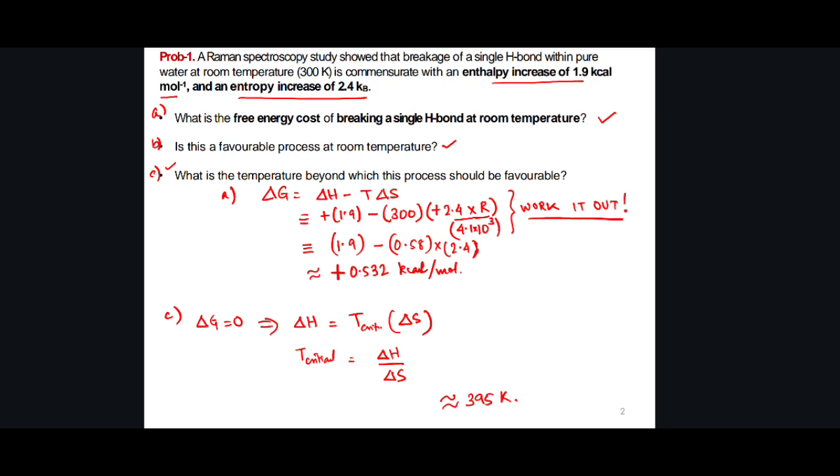So can you work this out? I can simply take this part here as well. What I have done is I have done 1.9 by 2.4 into 0.58. So T critical by T should be, it is going to balance out. Did this happen? I can simply do T by